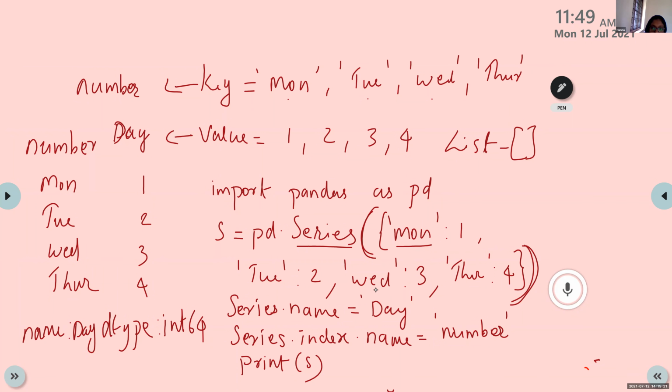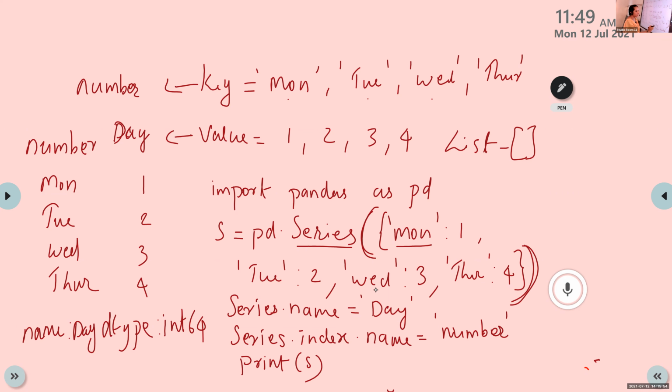Then the second statement, we have to name the index. The name for the index is number. For the value, there is no value word in the statement. You just write series dot name is equal to day. But in the case of index naming, we use the keyword index. Series dot index dot name is equal to number.